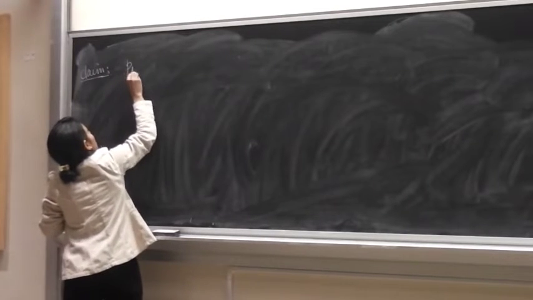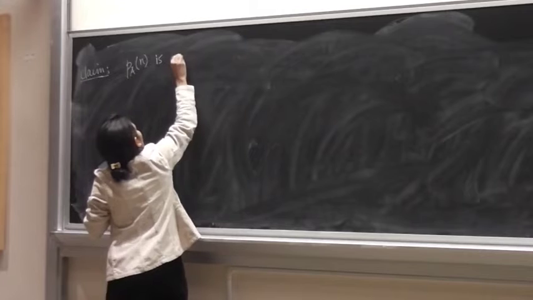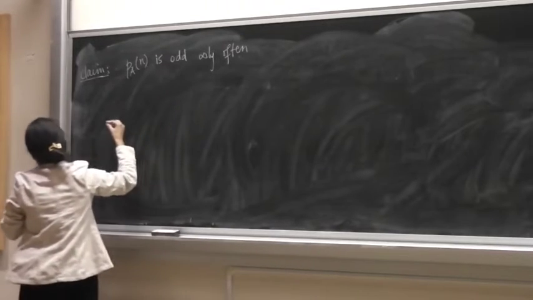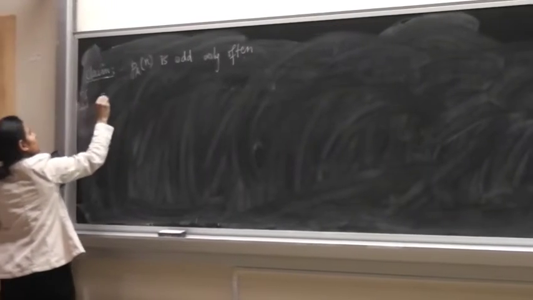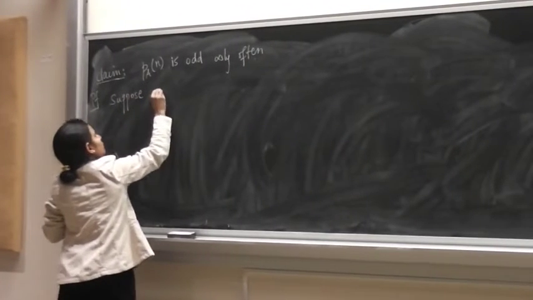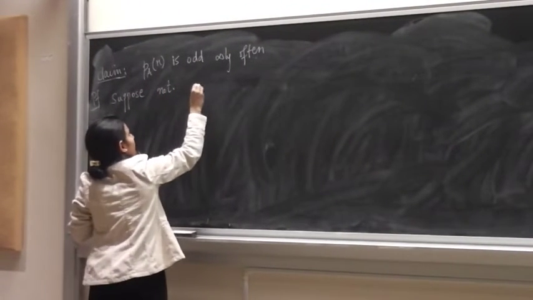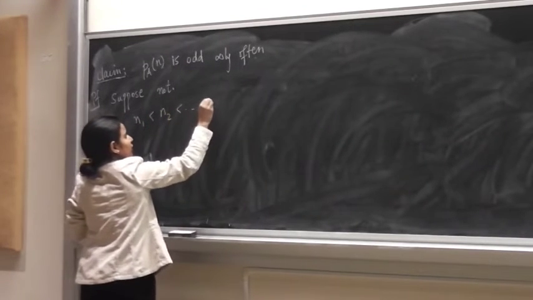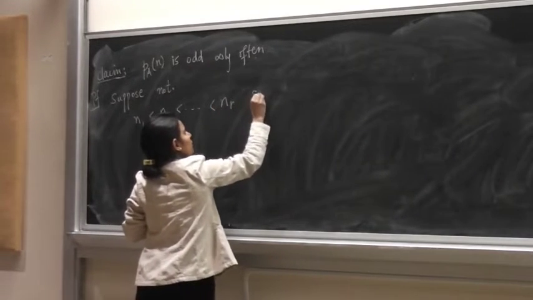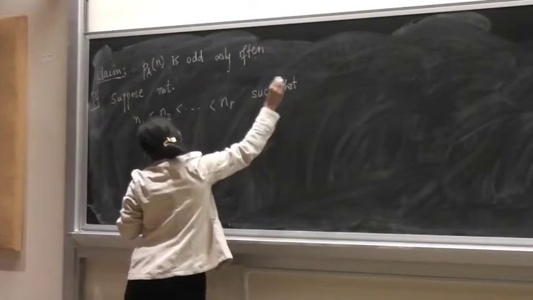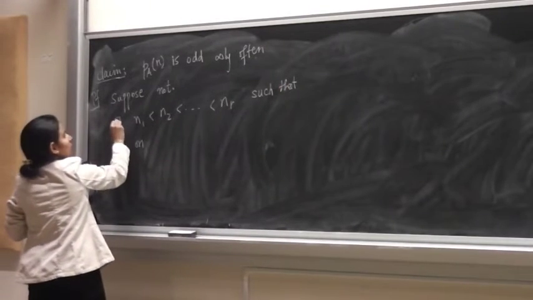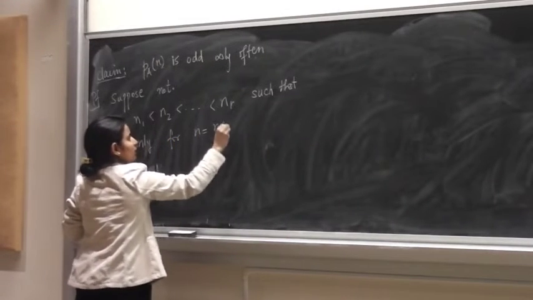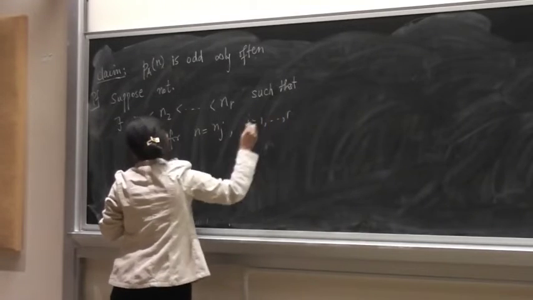So our claim is that P sub A of n is odd infinitely often. Okay, so proof is suppose not. So therefore you should be able to find only finitely many integers, and let's order them n_1 to n_r, such that only for n equal to n_j and j going from 1 to r, you have